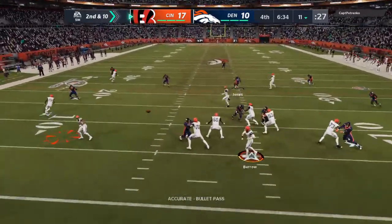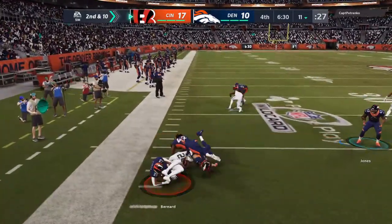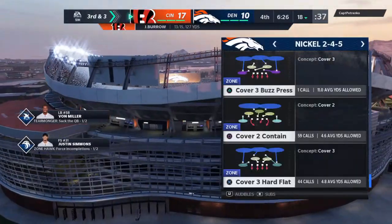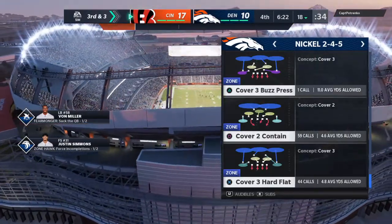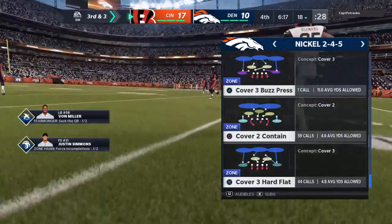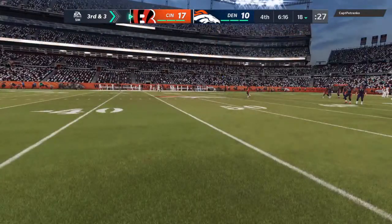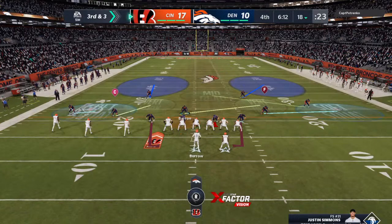Now it's Burrow. And he's going to find his man out of the backfield. That's complete. They get 7 out of that, so they're left with a 3rd and 3. Another nice pickup through the air, and I think a lot of people might expect him to run the ball in this situation, Brandon. But with this lead, they're electing to throw the football. Swings, slants, quick outs, things that they consider safe. The 2nd down completion got him 7. Now here's 3rd and